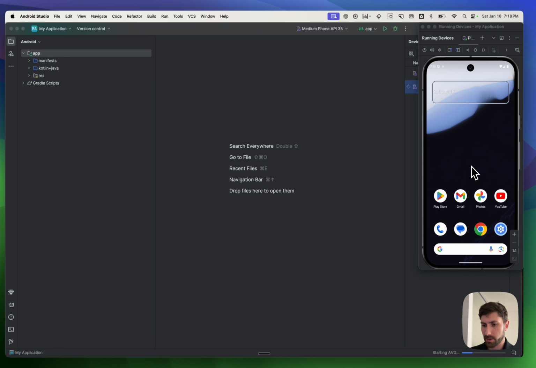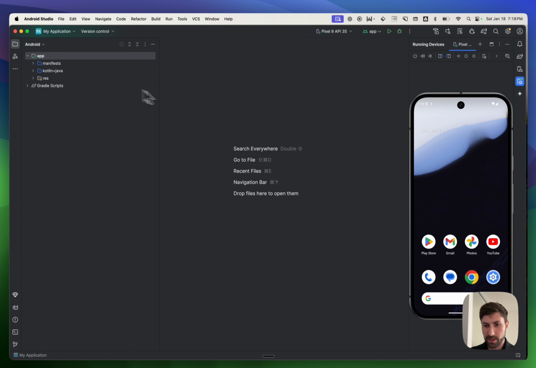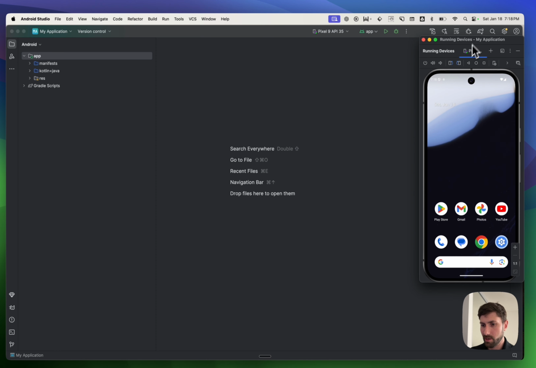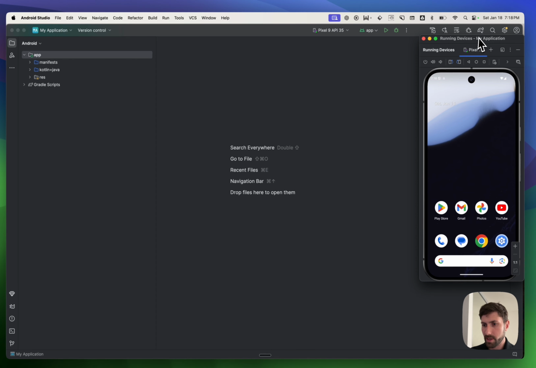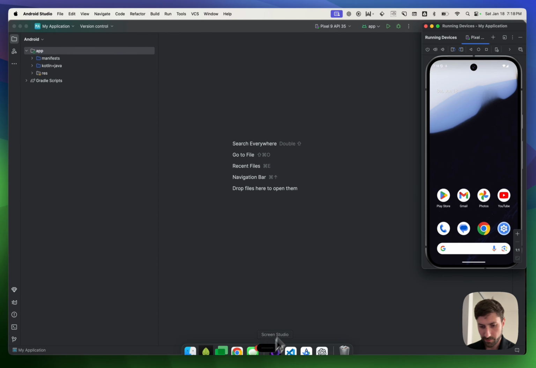So if I click here, now we have this emulator running. And if you have it as part of the Android Studio, you can click here and it's going to be just a separate window. Why you want to do this? Because you want to minimize this later and keep just your emulator running. So I'm going to open